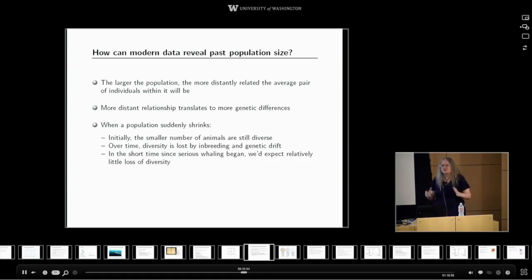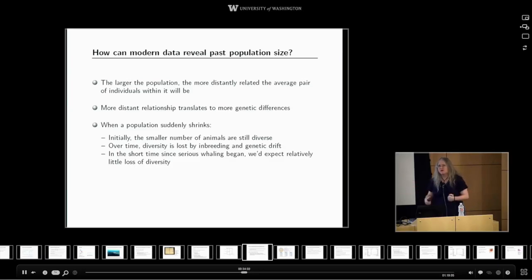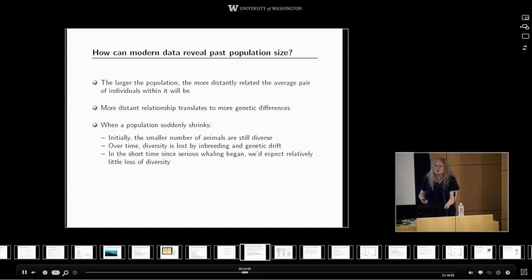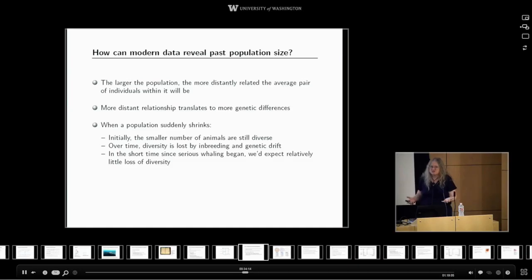If you imagine a little village where everybody's everybody else's cousin, and they've been living there for thousands of years, and it's just this little isolated gene pool. If I pick two people from that population and look at a particular gene they have, the common ancestor is probably pretty recent, because the village is pretty small. There aren't that many genes to choose from. All these people are each other's fourth or fifth or sixth cousins.